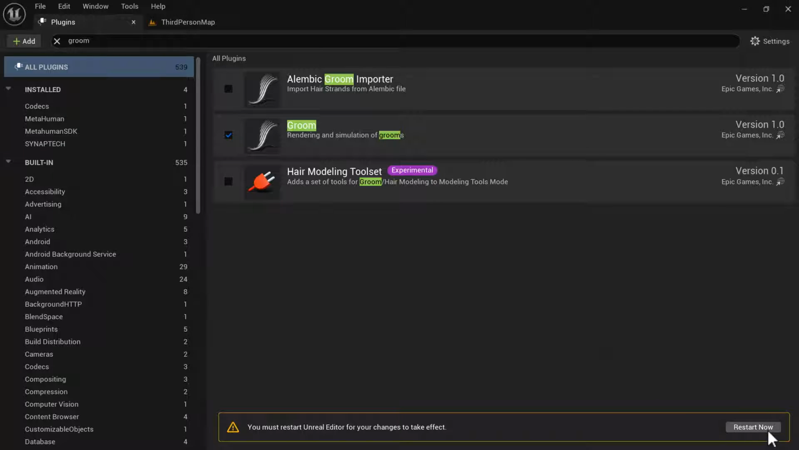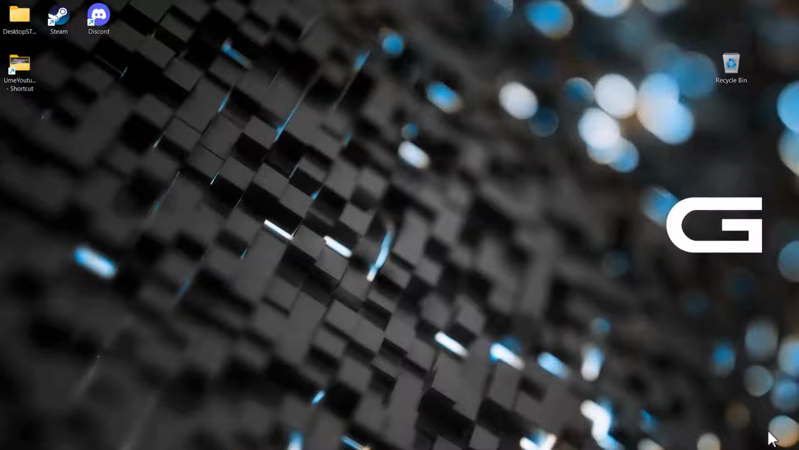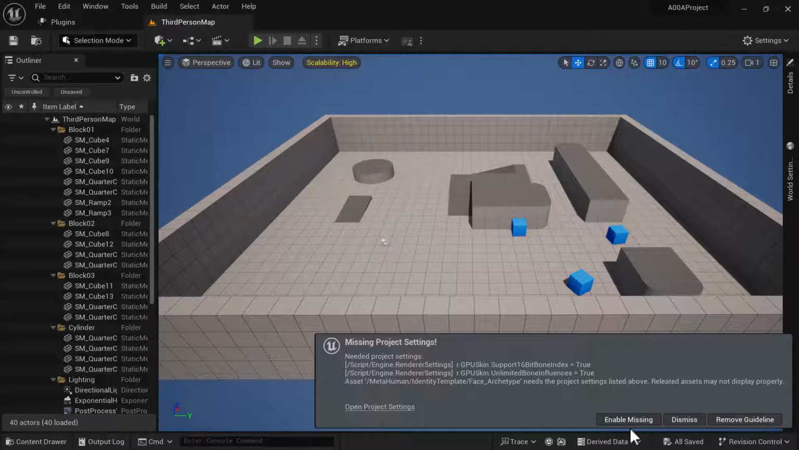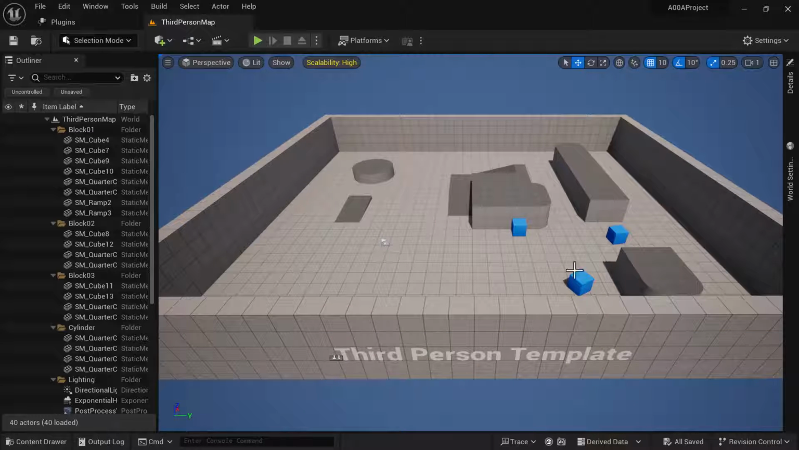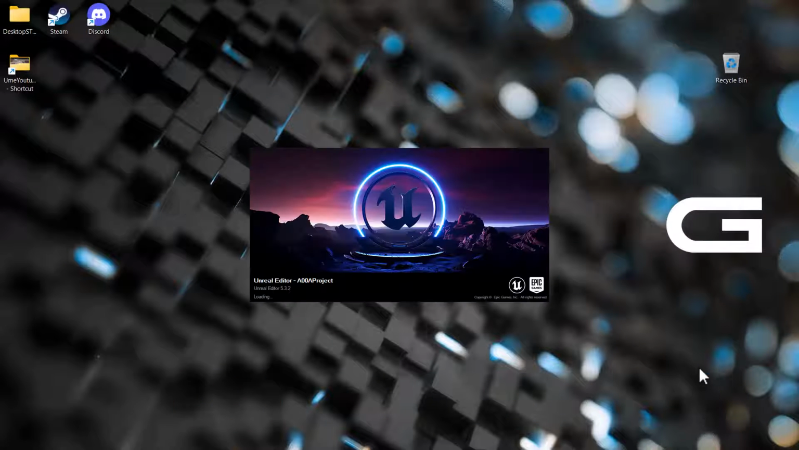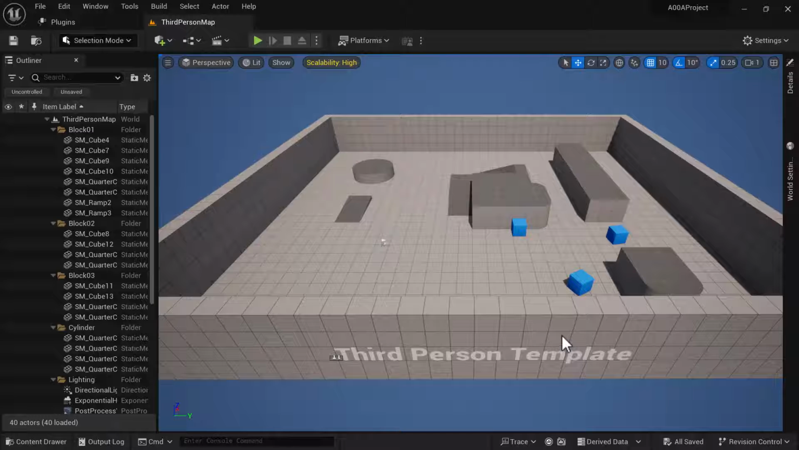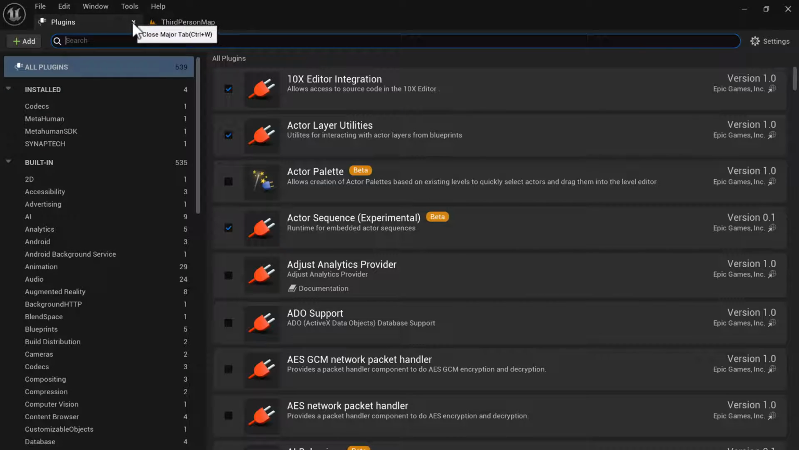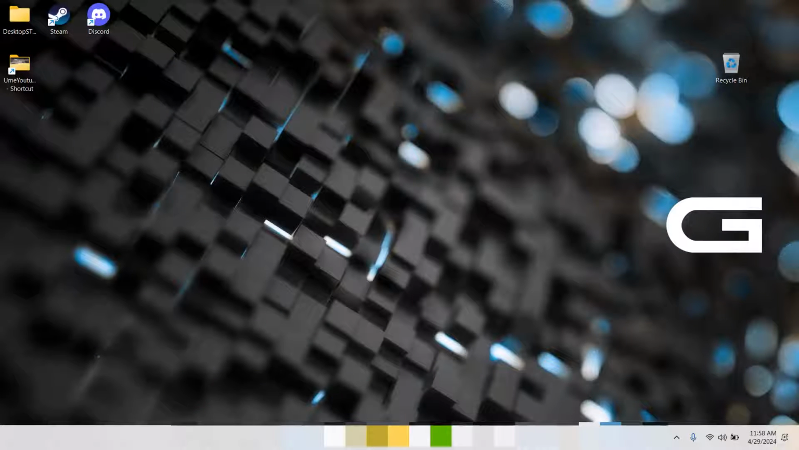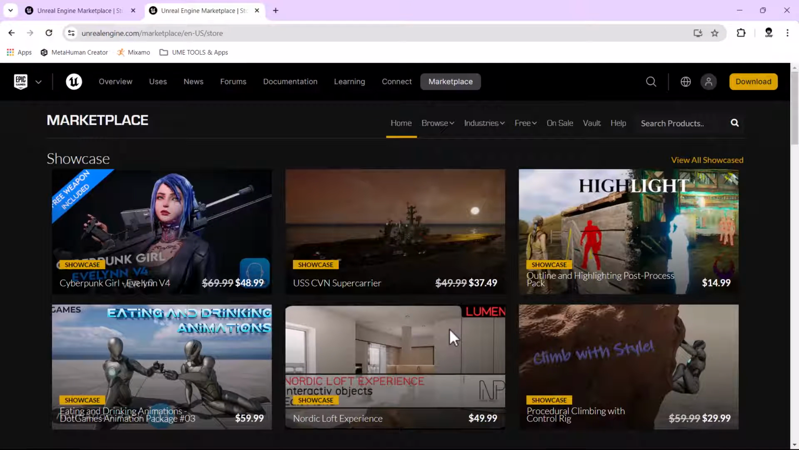Okay, and then from here, we can go ahead and click Restart Now. And then give it a moment. Yes, and we can select Enable Missing Plugins, which is fine. Now, what we can do now, we can restart again. Okay, now that we're back, we're going to close this project. We can close this plugins as well. Close the project. And what we're going to do is we're going to go to the Unreal Marketplace